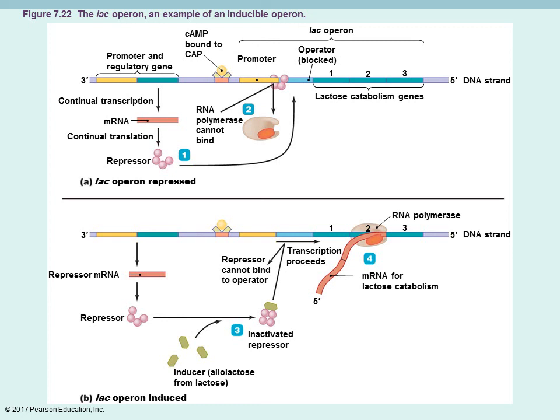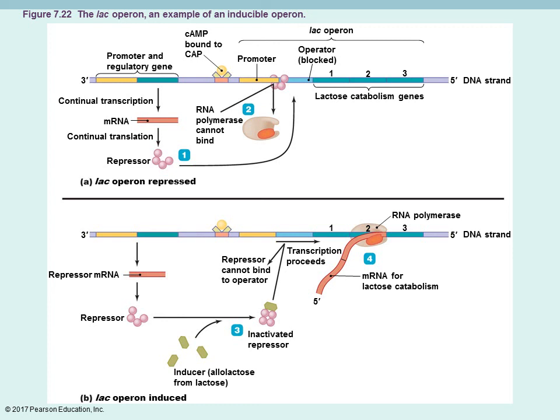In the upper picture of the lac operon, number 1, you've got 3 genes that control the production of the 3 proteins that are necessary for breaking down lactose, which is milk sugar. So like I say, the purpose of an operon is to control it as a single unit. You've got that operator region and then the promoter area. Now you have